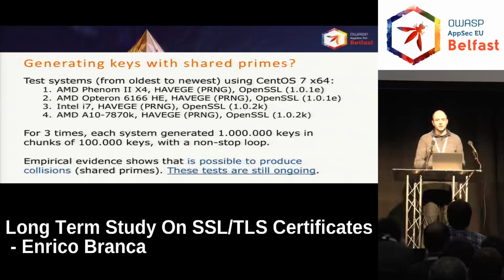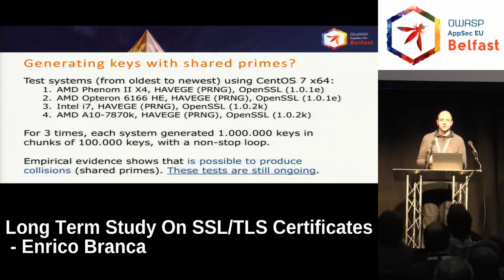The machine was working, the system was running, entropy levels were okay, but still I had collisions. Is it related to the architecture? Maybe. Is it related to the entropy, to the algorithm of the software? Is it the system itself? We don't really know. I'm still testing all the pieces, but